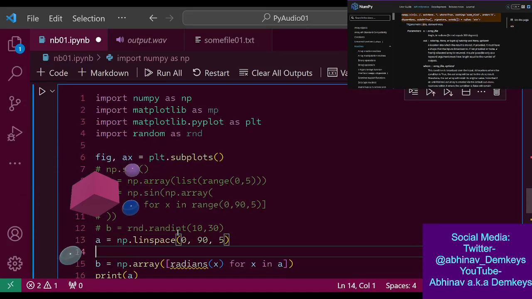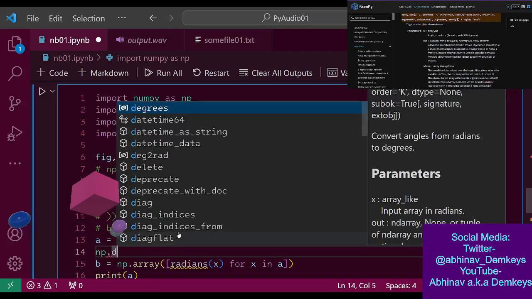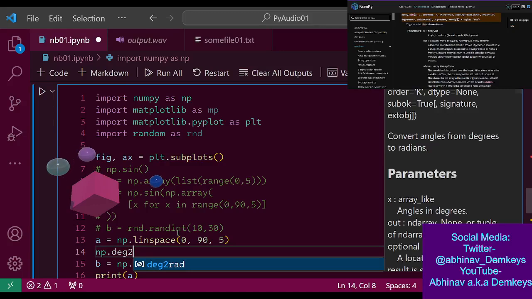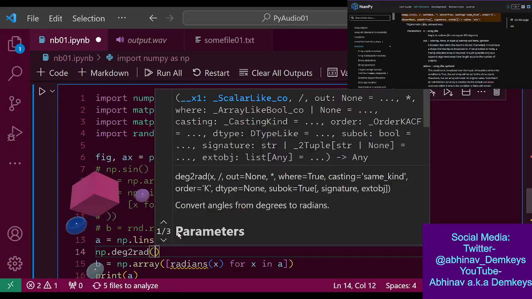NumPy, wait, what does that expect? What is this expecting? A scalar. Can it be an array? Hold on.